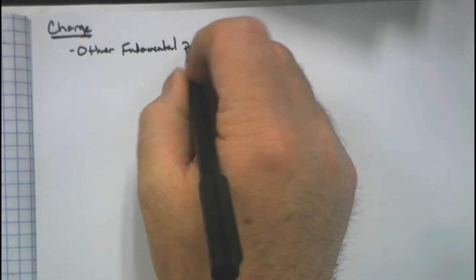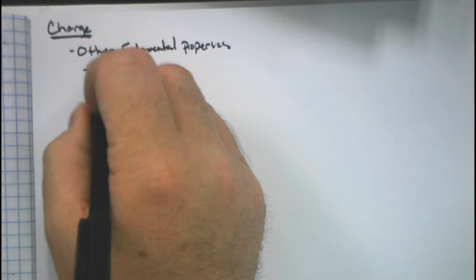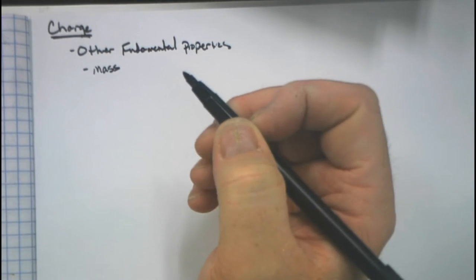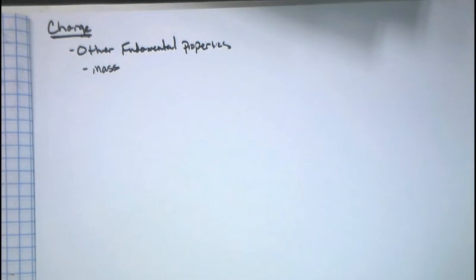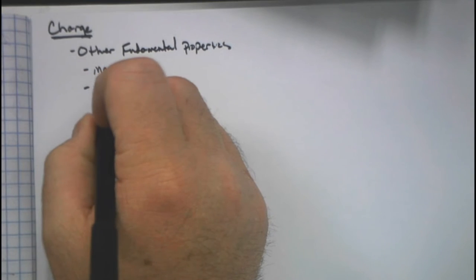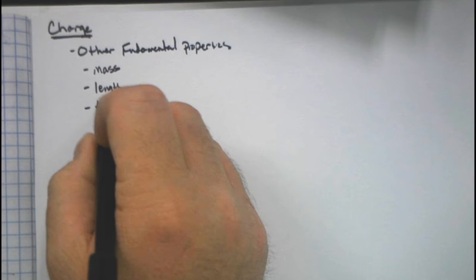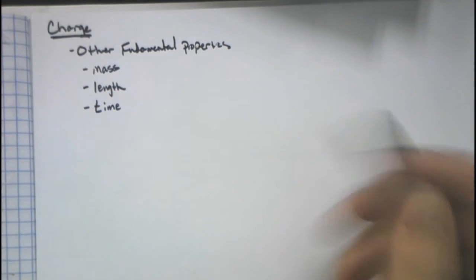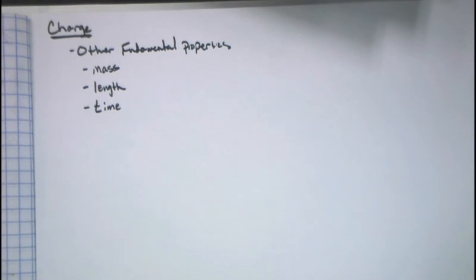We talked about mass. In fact, it's not really just about matter. It's a fundamental property, or fundamental unit, in the universe. There's mass. There's length. There's time. And these are the ones that we've dealt with so far: mass, length, and time, for all of our previous